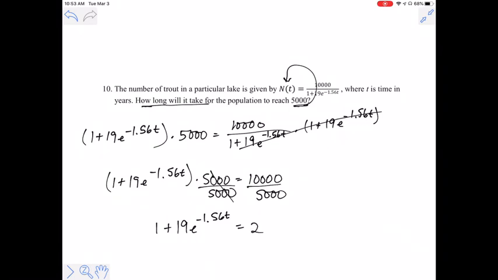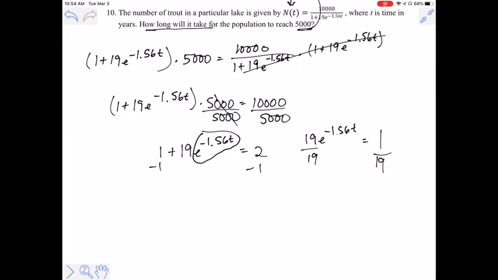I'm going to subtract 1. So if you remember the steps now to solving an exponential equation, we need to isolate the exponential term. Isolating that means subtracting 1, then dividing by 19. So first I'm going to subtract 1. Now I've got 19e to the negative 1.56t equals 1. Divide by 19. So e to the negative 1.56t